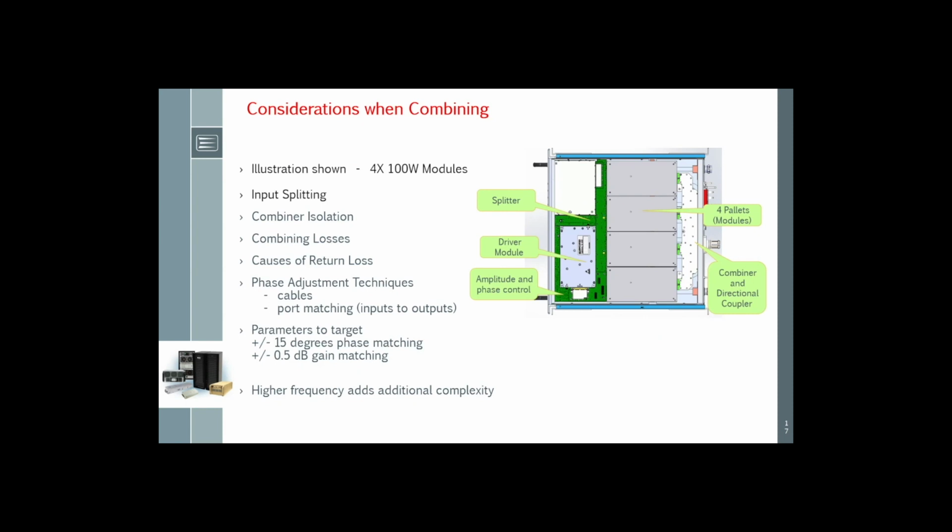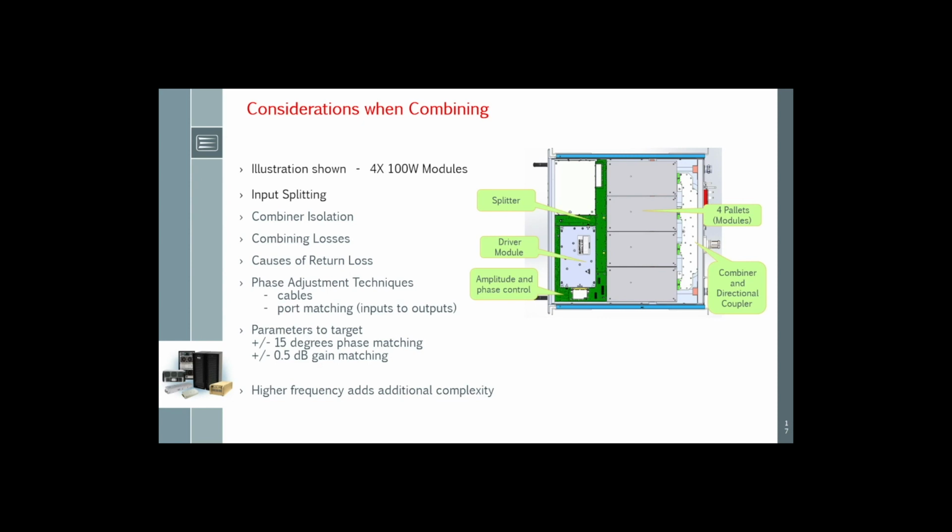So not every application that's out there can be met by a single module. And what you're going to be faced with at that point is combining discrete power modules. There's an illustration shown here which sort of highlights how we do things. But importantly for you, the designer, who will be using discrete power modules, we did want to point out a couple of tips and tricks or things to be mindful of when you're combining multiple modules into a higher power application. Paulo, how about sharing with us your knowledge,